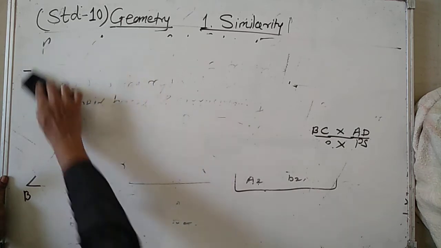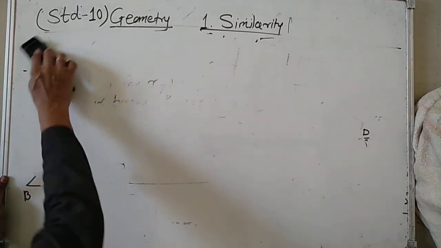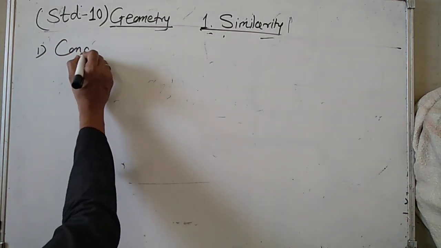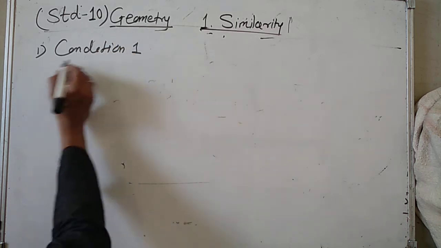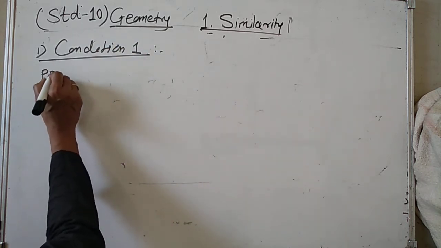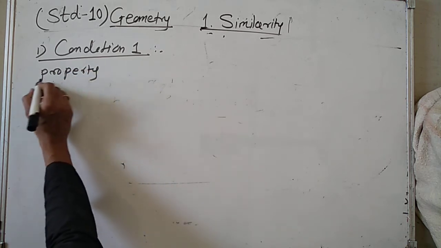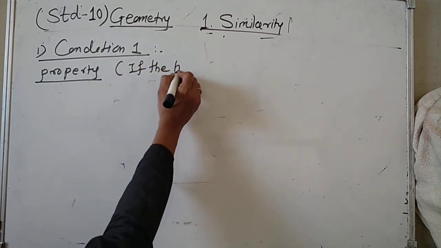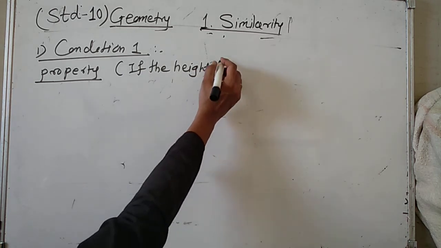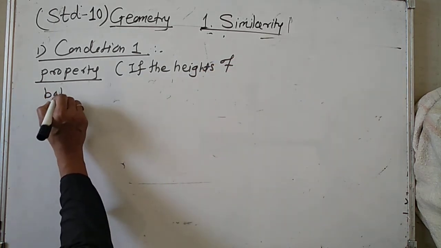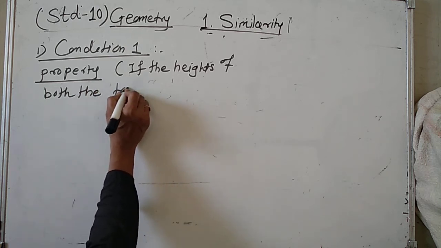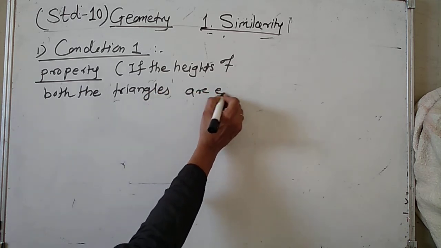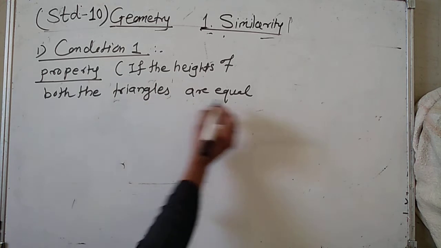The first condition is condition 1, and the property: if the heights of both the triangles are equal, then